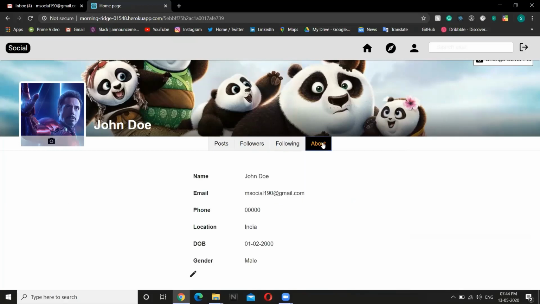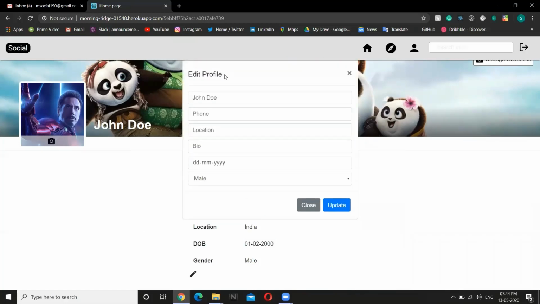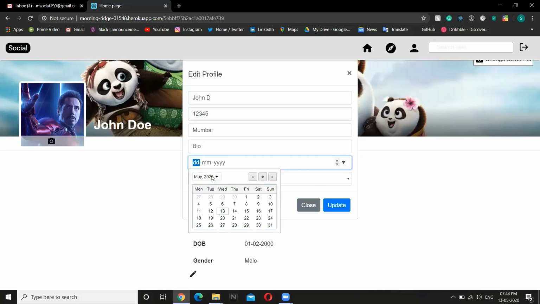In the about section, we can see our details and also change our details, add phone numbers, and location, and date of birth.